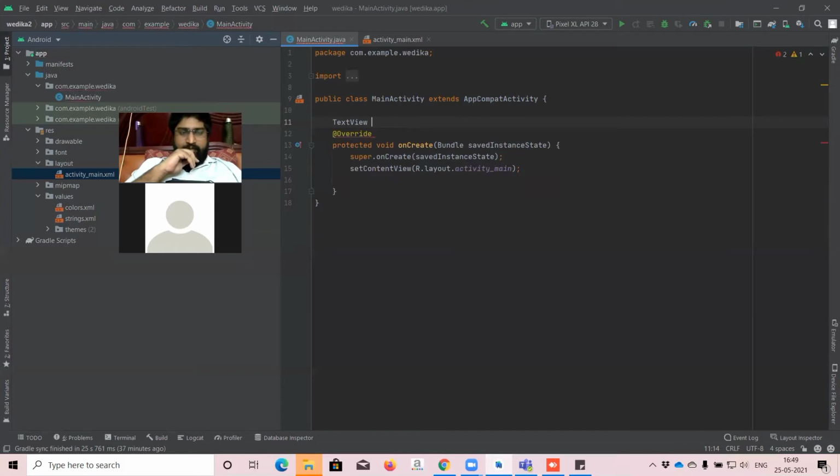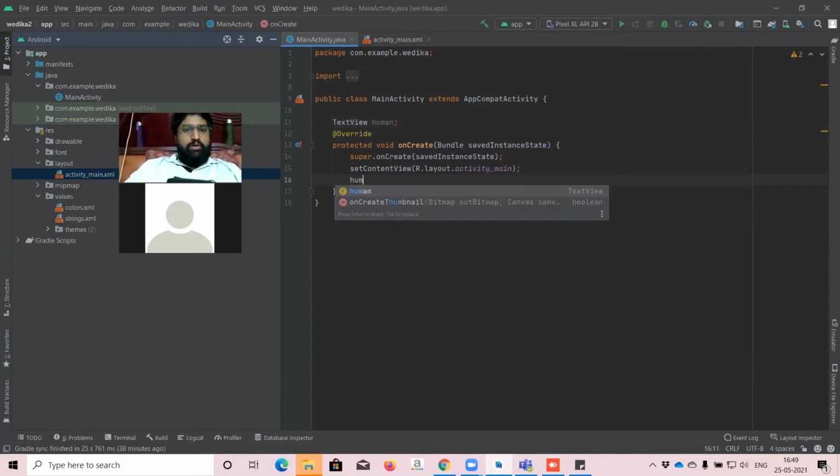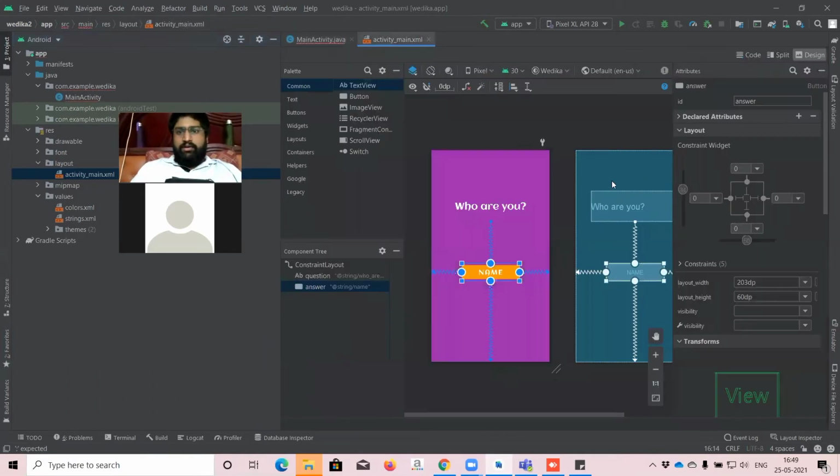Let's delete this. Text view is human. I just want to know who the human is. Human name.